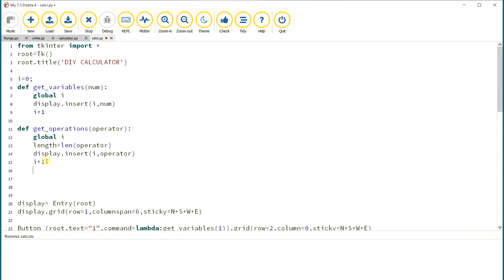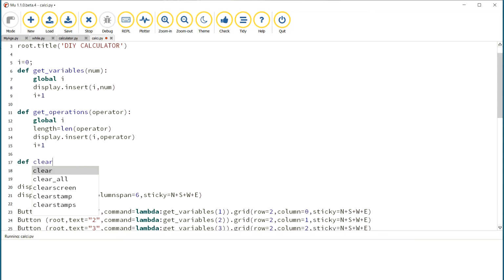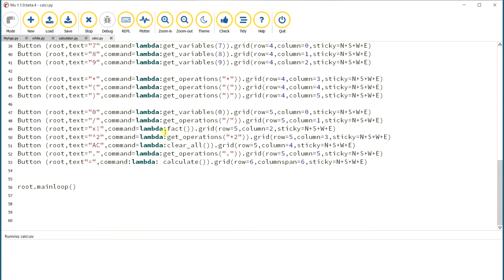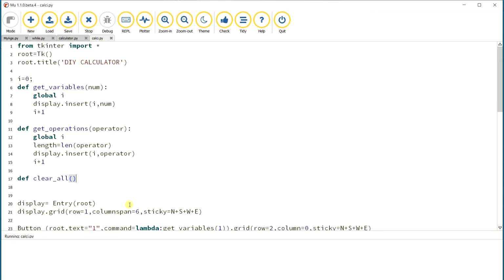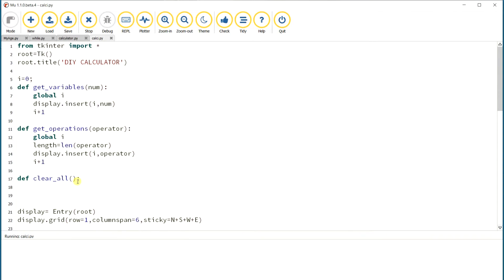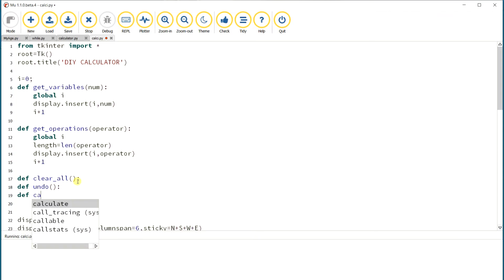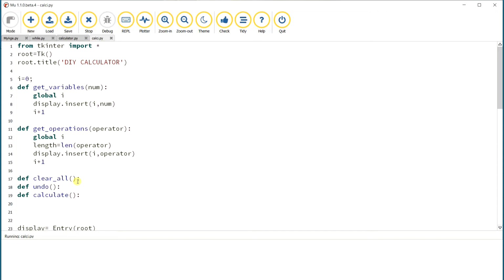Mistakenly I have put this. Okay, next. Now the other function is clear all of. See what functions we are having here, we can get it from here. Get clear all of. So we are going to define this one. Then calculate of, fact of, undo of. Let us try. Why I do this is, it will be easy for us to not miss any functions and to keep track of the functions. For our easy programming, I am just doing this.